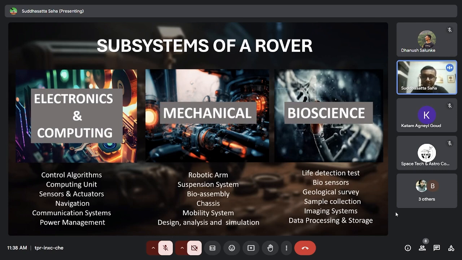robotic arm on a rover, the suspension system for the mobility system, the bioassembly, which is the set of apparatus for conducting bioscience experiments for the rover, the chassis of the rover, and the mobility system itself. And the mechanical domain also deals with a fairly good amount of design analysis as well,